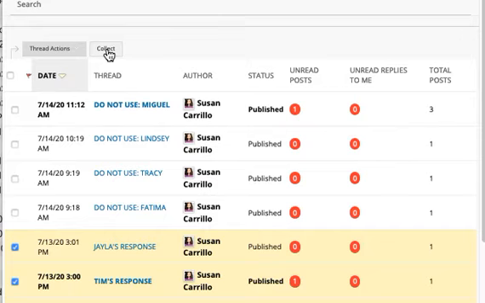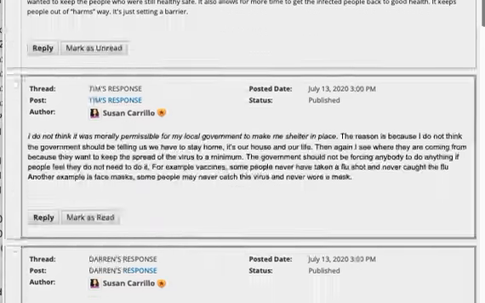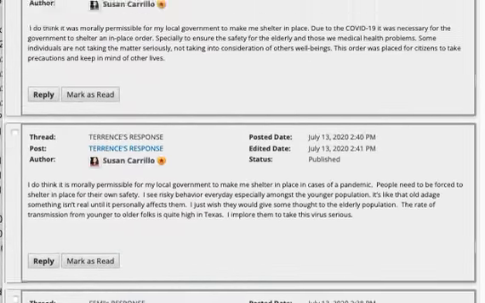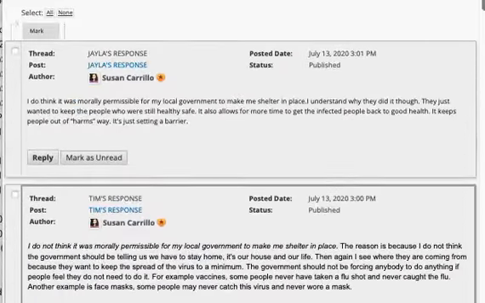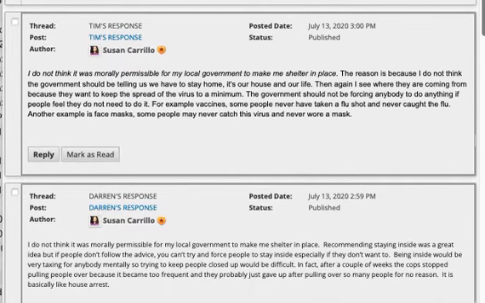But then after you do the thread action, you just click on collect. And then what this does is it puts all of the responses on a single page. In theory, you could also print this. And I might do that when I create a video showing you how to use this and how